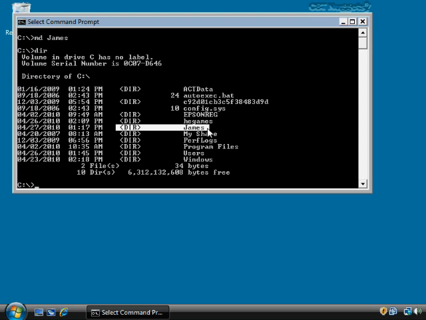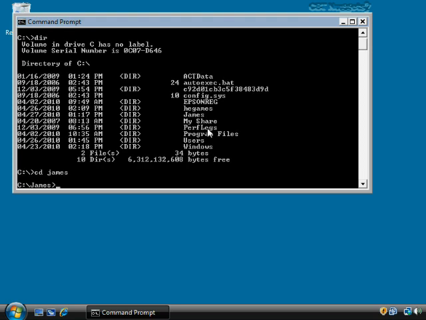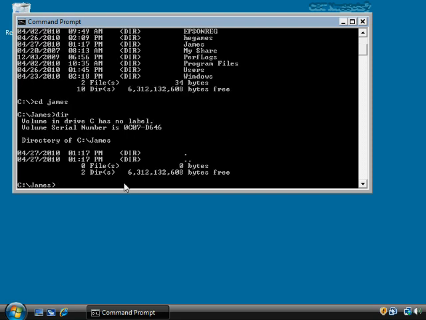All right. Now if I want to change that directory and maybe create some files or something, I would go to CD James. All right. It's not case sensitive, as you can tell, because I used a lowercase there. Now, if we do a dir here, we see that there's nothing there. But if I want to go ahead and create a file, I can do that as well. Well, I could type in the name of the application that I want to work with the file. So I might do Notepad, for example. And I'll just call this hello.txt.